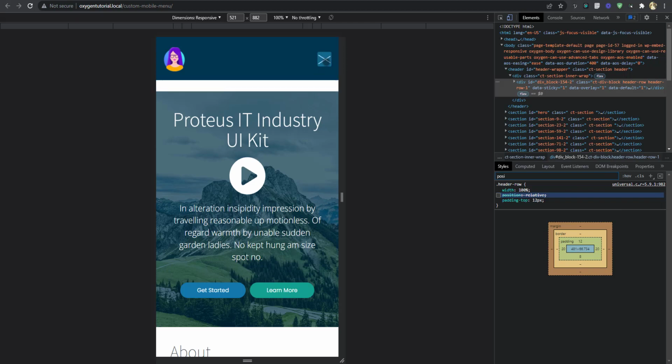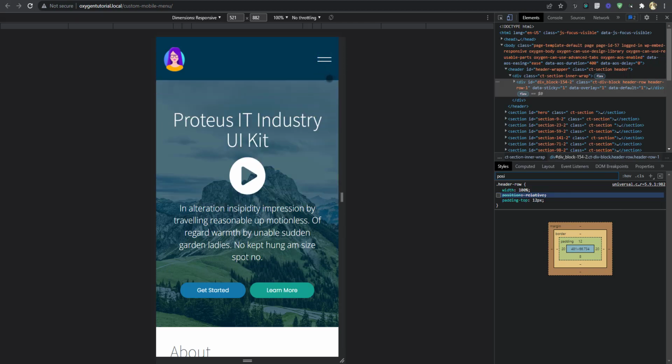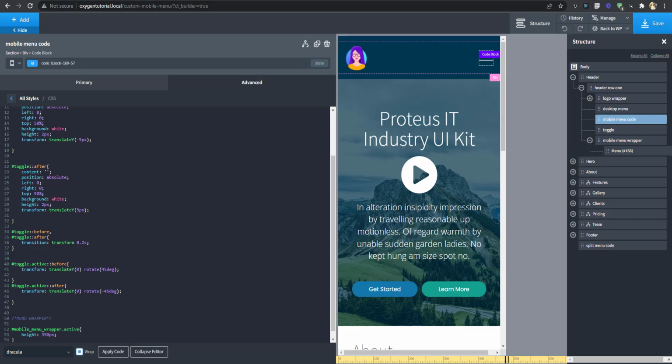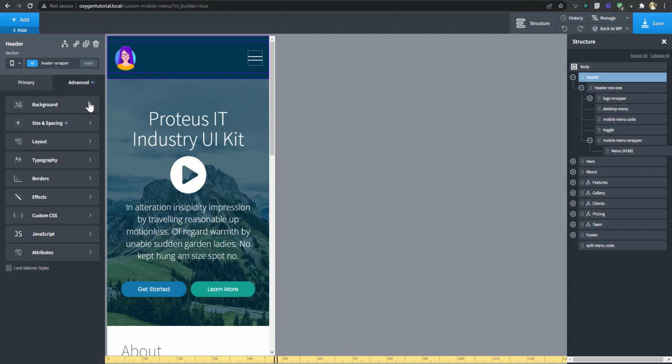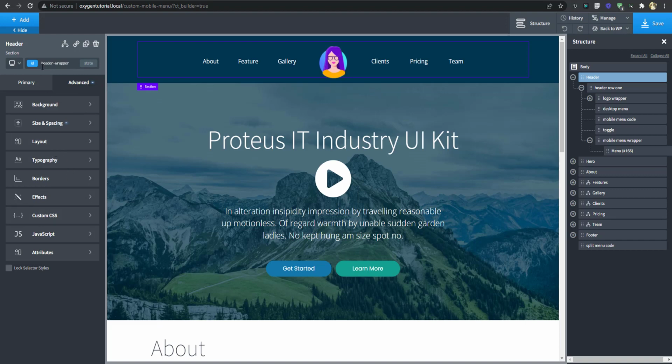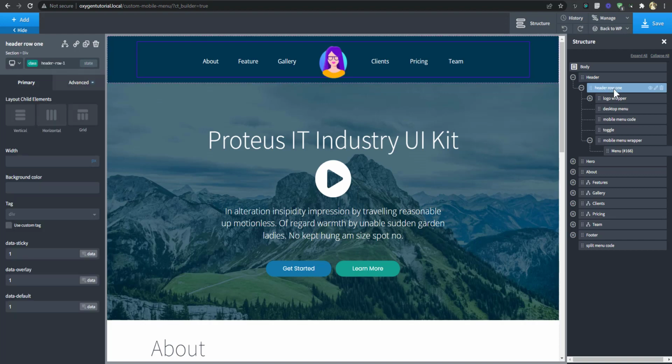So I think if we turn that off, it's going to be right below our header. So let's turn off position relative for the header row, so that our header will be the only one positioned relative. The header was position relative, so we don't want the header row to be that.